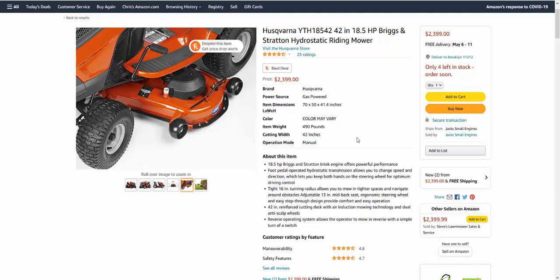For a quick run through of how I used to write content, the main difference is this. Obviously you're not going to go and buy a riding lawnmower that costs nearly $2,500 to be able to write a review, because you're not going to make any money if you did that. So how I used to write it before the Google review update was something along the lines of: introduction,